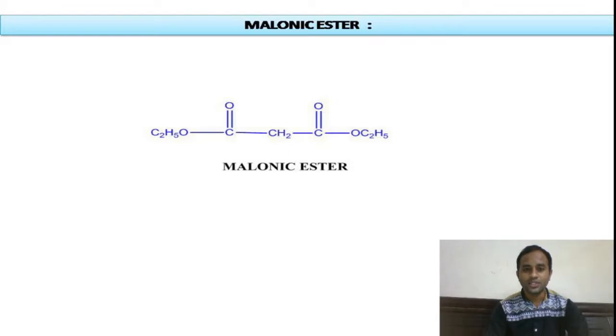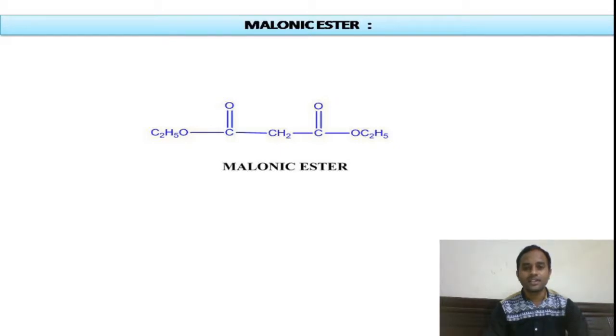It is a CH2 group which is flanked on both sides with two withdrawing groups. That methylene group we call the active methylene group, and the compound containing it is called an active methylene compound. This active methylene group is very reactive because of the presence of two withdrawing groups, and